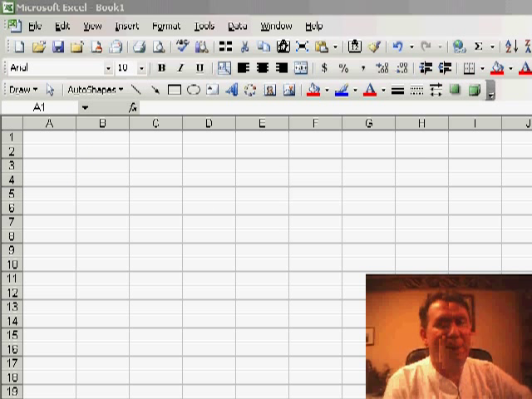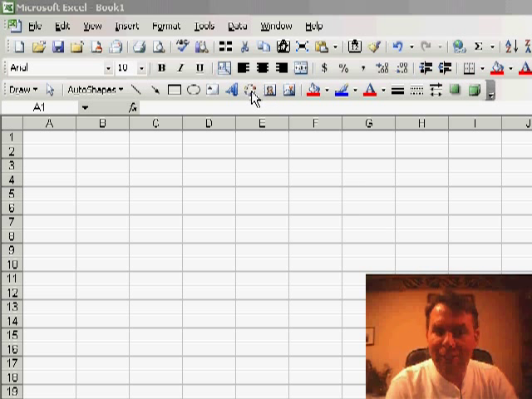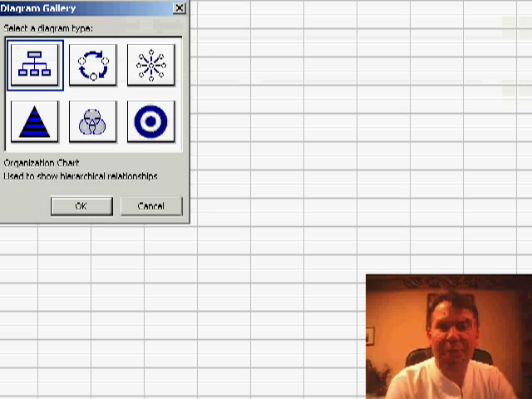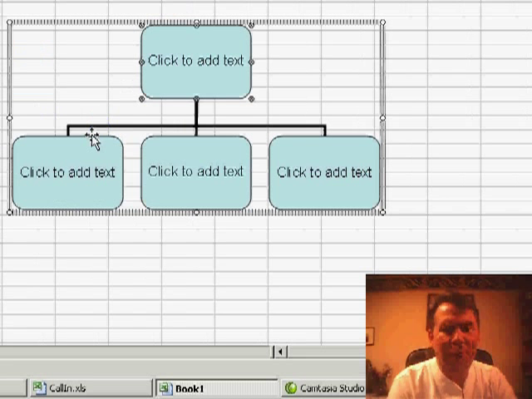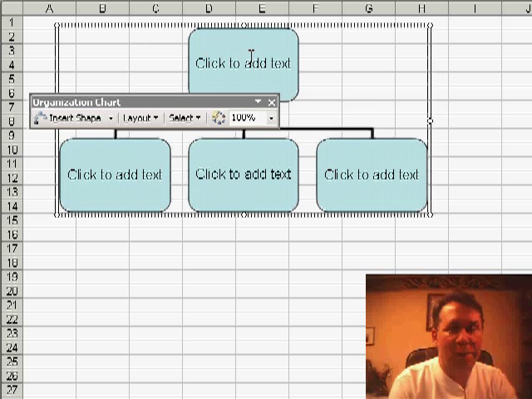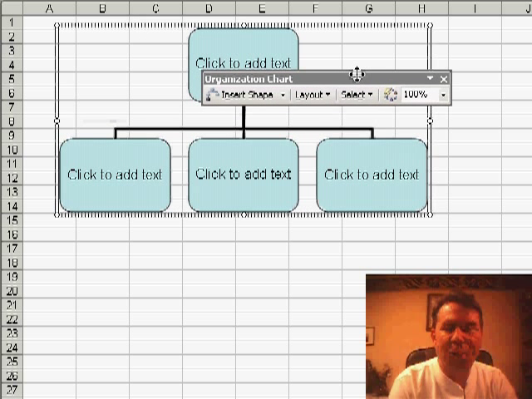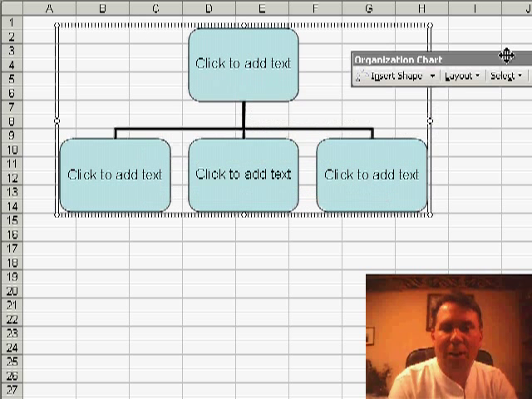Last week we started talking about the drawing toolbar a little bit and the business diagrams tool that's on the drawing toolbar. If we choose insert diagram, there's 6 different types there. Today I want to talk about the org chart type. This is probably one of the most complicated diagrams to build. We'll talk about the different ways that you can use the org chart toolbar to create great looking